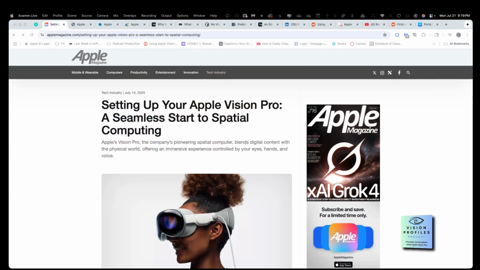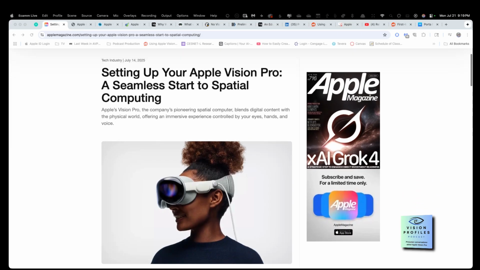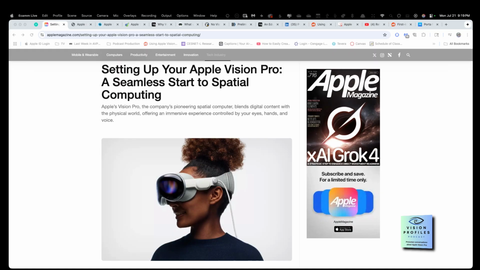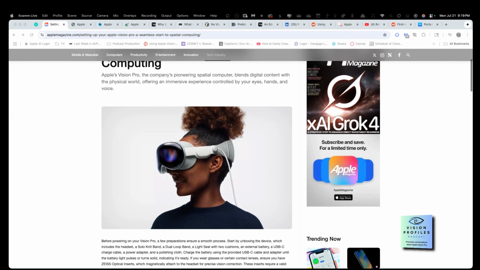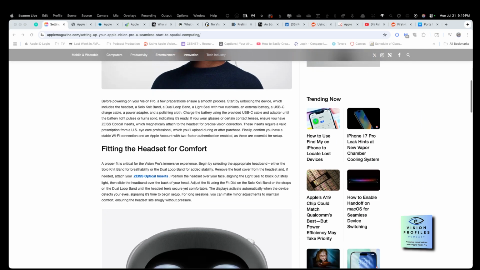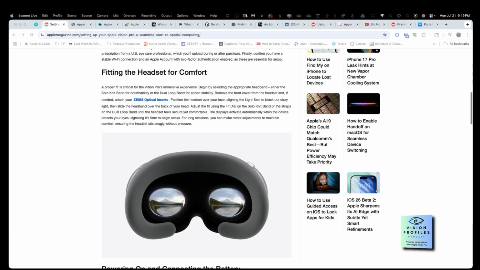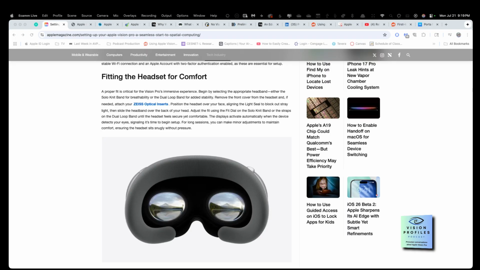So I'm putting in this article, and I'll share it with you. Just up front, I thought it came out July 14th, and it's an article basically telling you how to set up your Apple Vision Pro. And it's nice. It's not only nice for newbies, it's also nice for folks who have been using their Vision Pros for a while